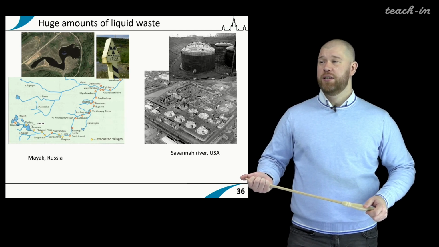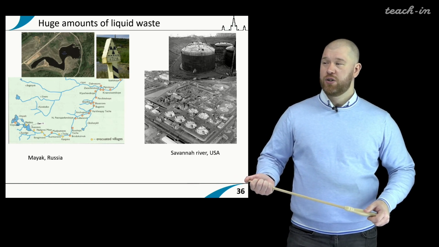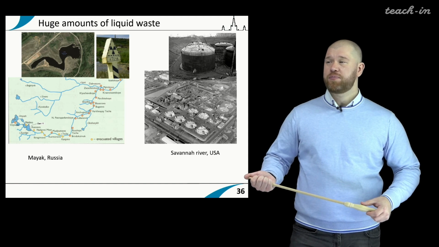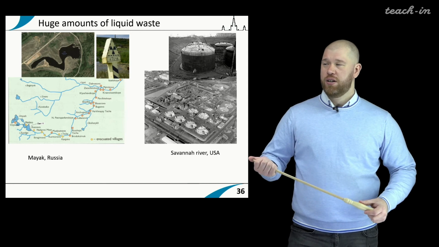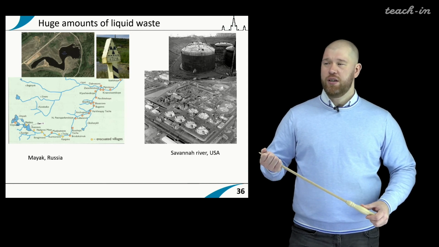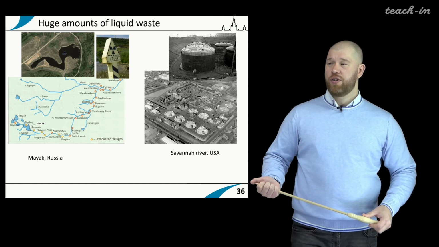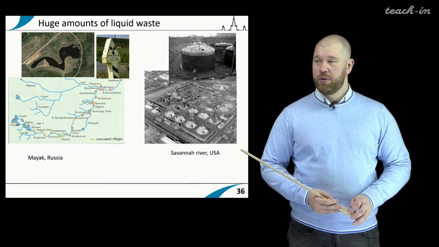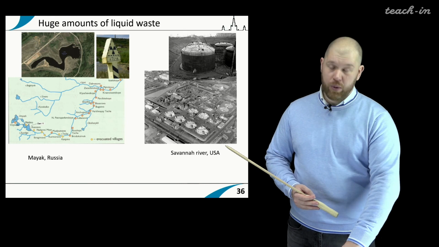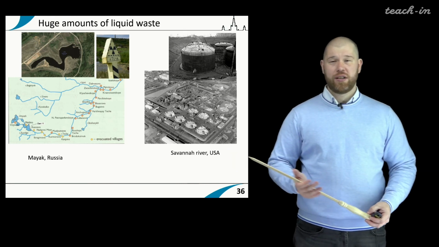This radioactive waste is stored quite differently in different countries, but in Russia, in the USA, in the UK, in France, all these countries nowadays have problems with the liquid waste that was generated